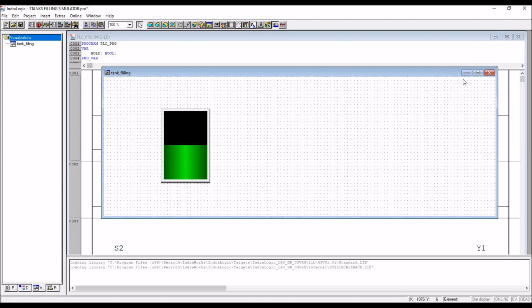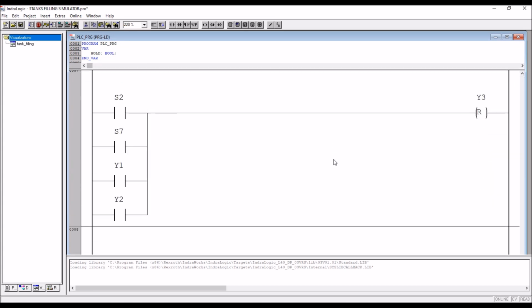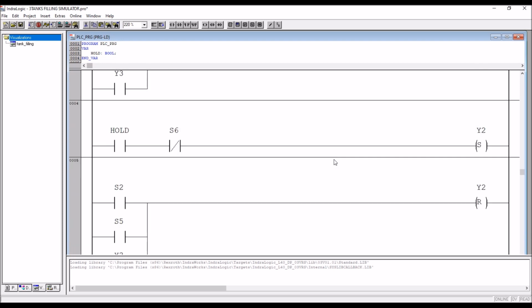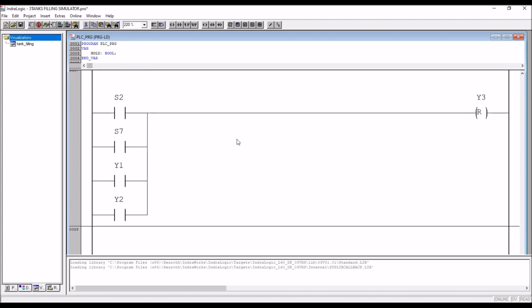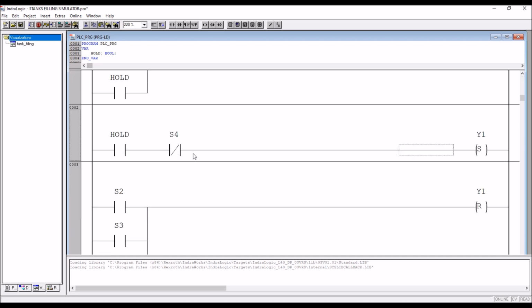So here if you refer to my video which is already posted on YouTube, right? That is how to create a filling and draining of tank, right? That is using up counter and down counter and blink function blocks. So that we have to make. This is the main program. So now what I'll do is